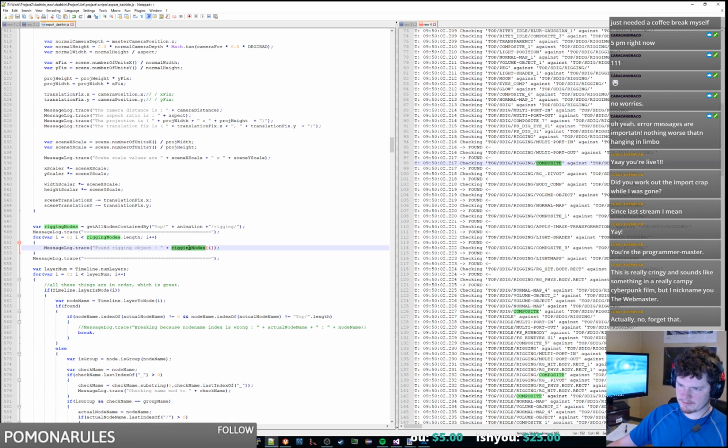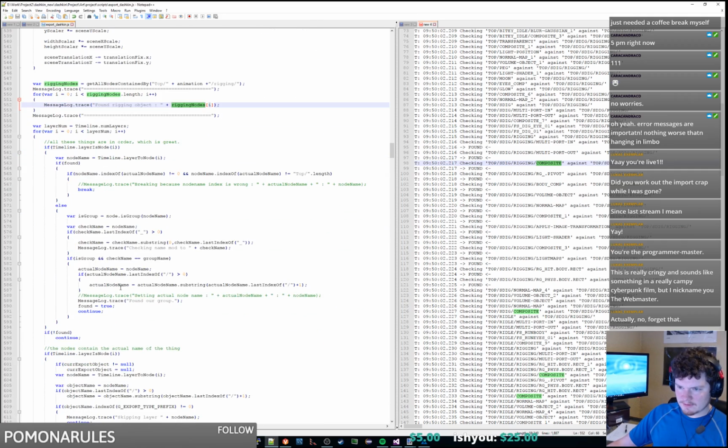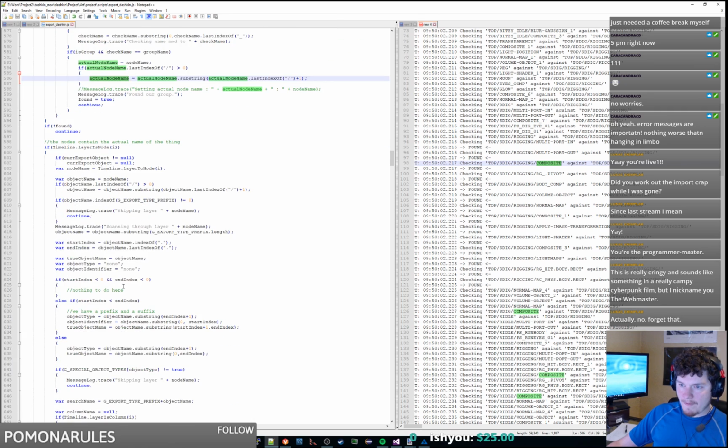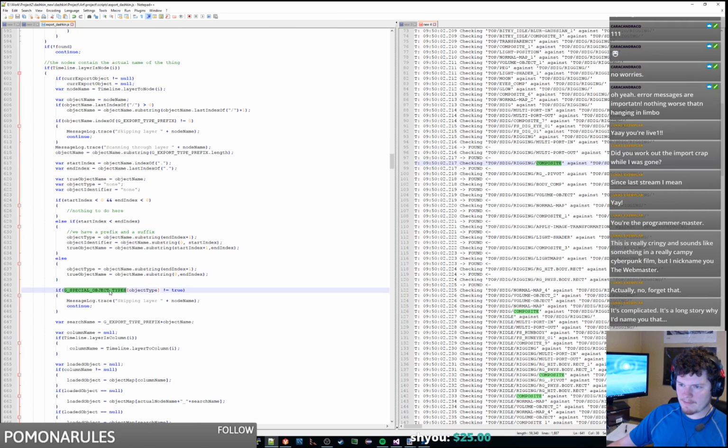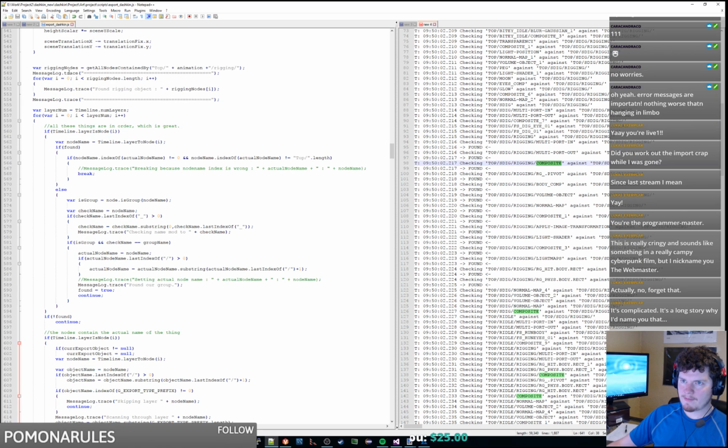Alright, so we've got all of our rigging objects. And these are nodes, so